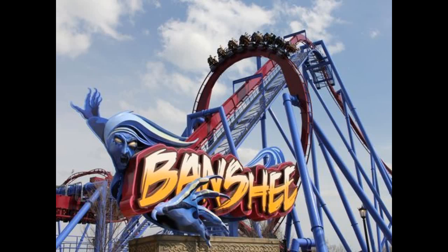What's going on, guys? I'm the Alternate, and today I'm giving you a review of the ride I put as #1 at Kings Island, Banshee. So we're going to take a look at the layout, smoothness, and all the categories that are important when you're